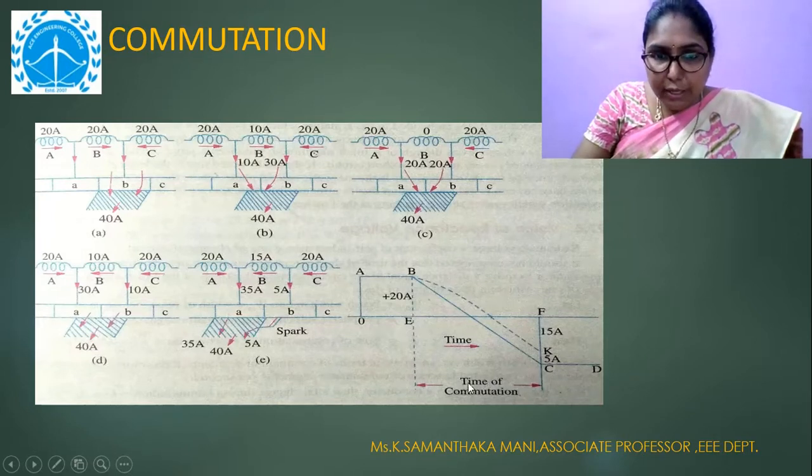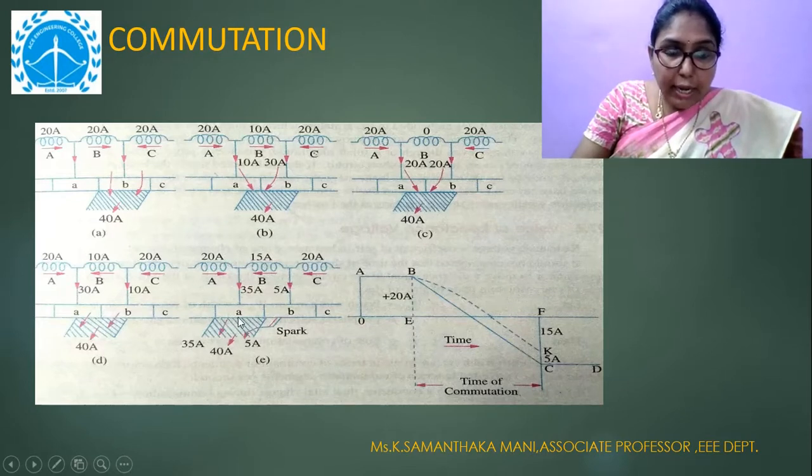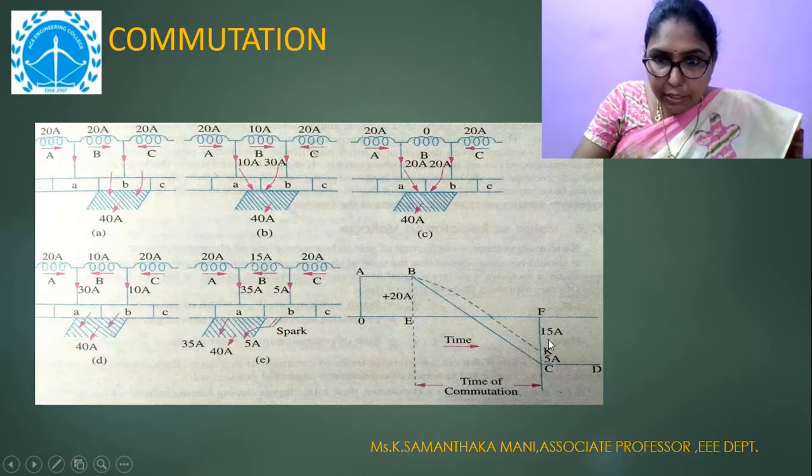But if you observe this particular case, what happens at the end of the time of commutation? What is the meaning of that? The end of the commutation period means the moment the coil completes the short circuit and reaches exact contact with the other segment with the brush. Then it is called the completion of the commutation process. By this time, the coil current which underwent the short circuit has to reach the same value but in the opposite direction. But actually, if you observe, FK is minus 15 amperes. What it should be is minus 20 amperes.